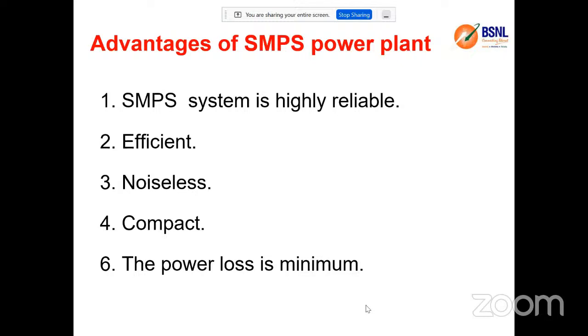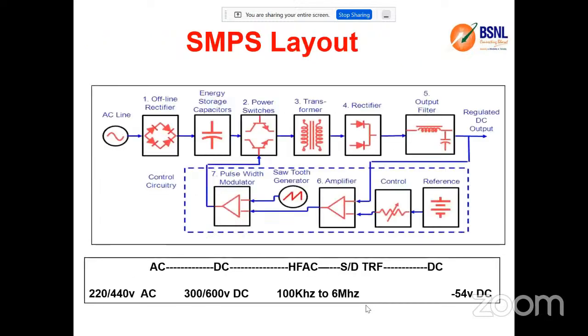What is inside the SMPS, we'll see one by one. This is the basic functional block diagram. How the AC is converted into DC is explained in this diagram. Here the normal 230 volt single phase or 440 volt three phase AC is given as input. It is first converted with an offline rectifier, which means it does not have any control, so it is just converted into a pulsated DC. Then it is stored in capacitors to maintain a non-pulsated DC, like a regulated DC.